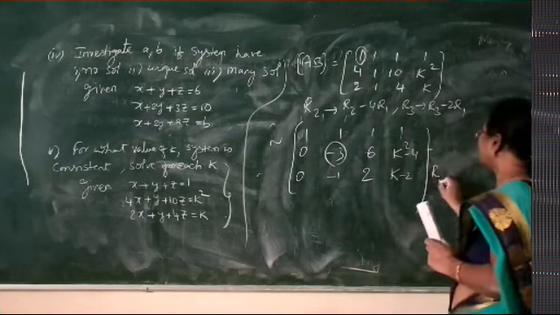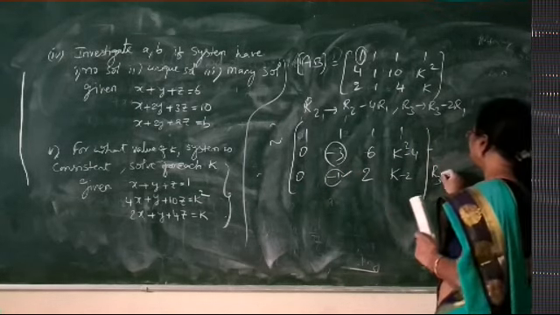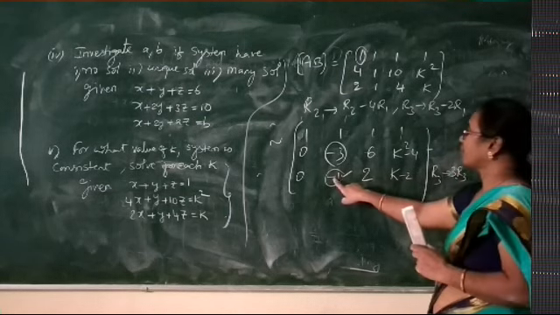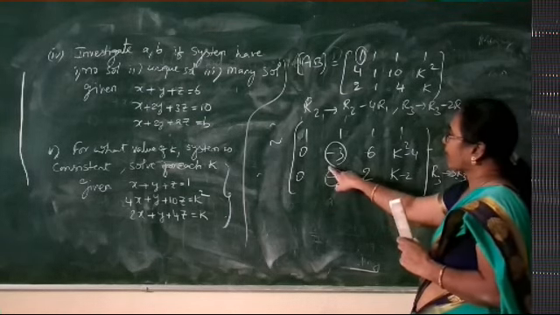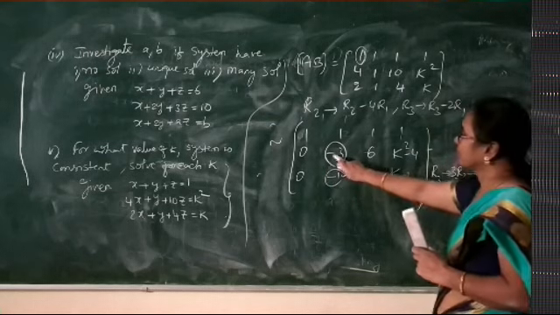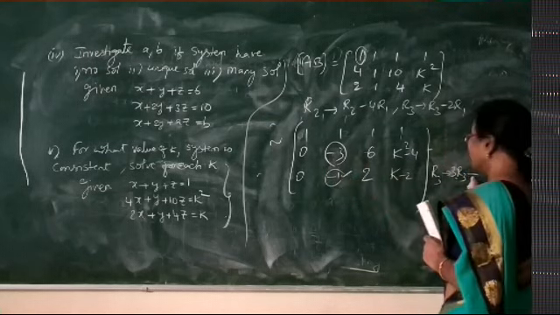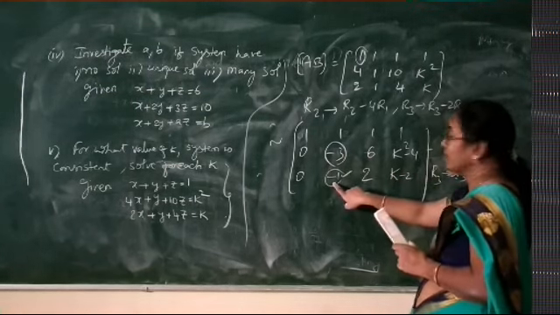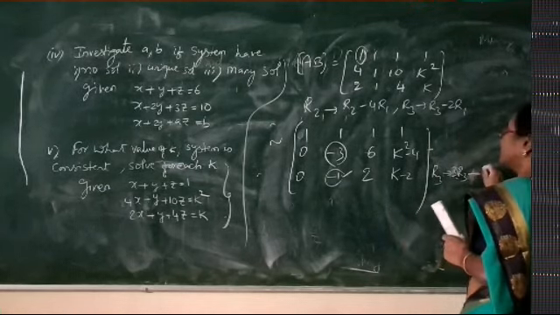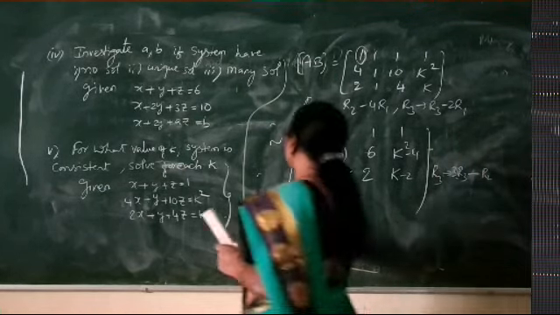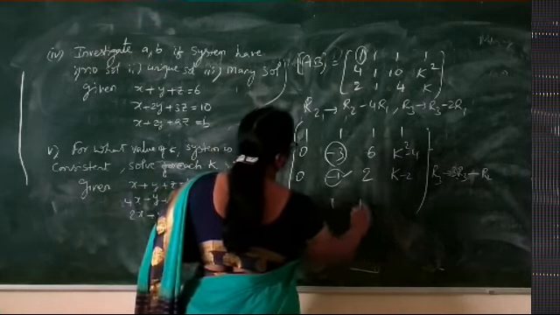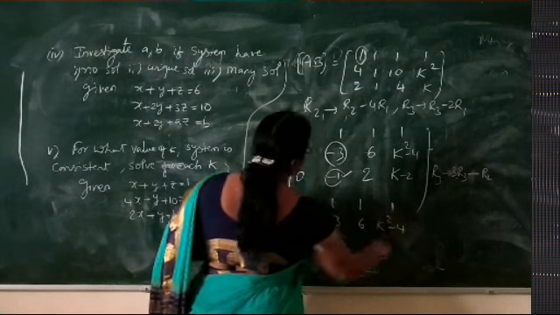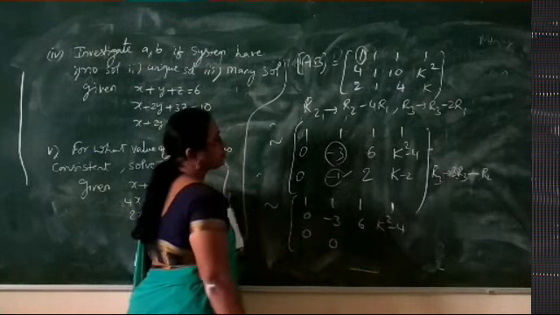Now the second pivot is minus 3. We have to make this minus 1 zero. We have R3 implies 3R3, so that it becomes minus 3 here. We have to subtract because they have the same sign. Minus of minus becomes plus 3. Making here 0, it becomes R3 minus R2. So using that we get the equivalent matrix 1, 1, 1, 1, 0, minus 3, 6, K square minus 4, 0, 0.